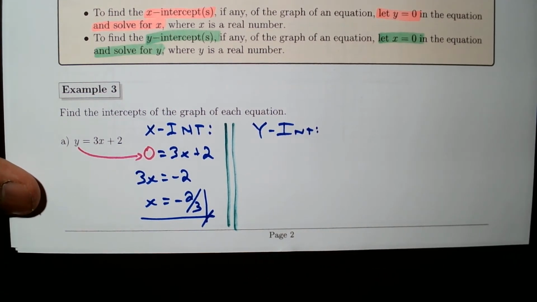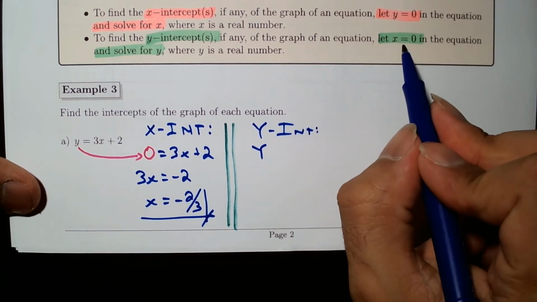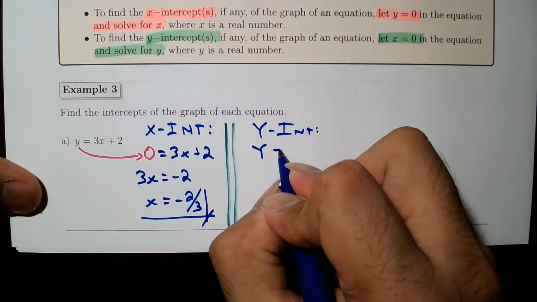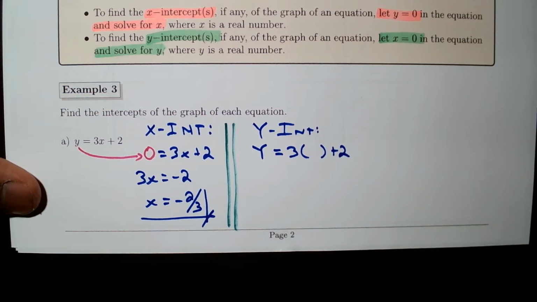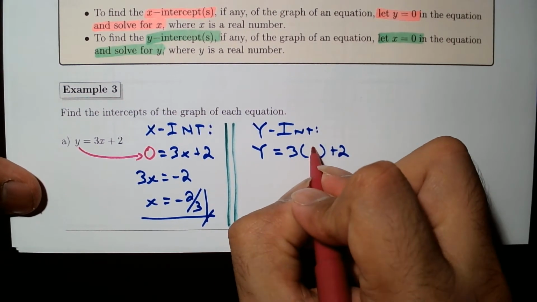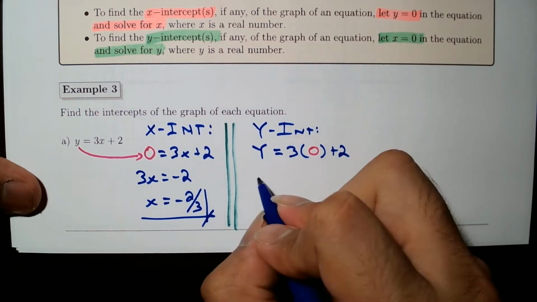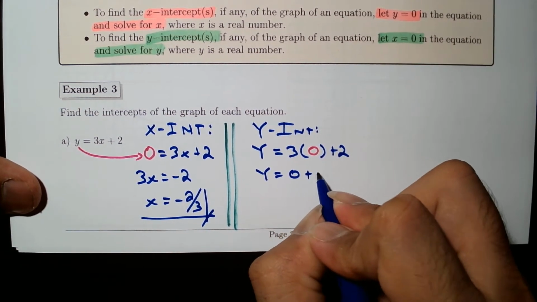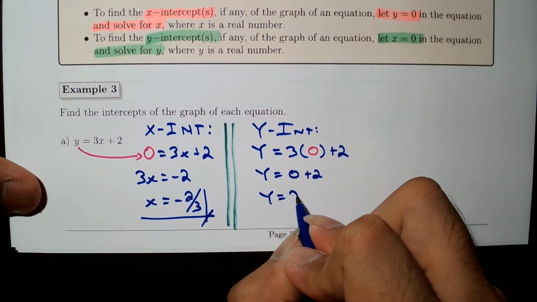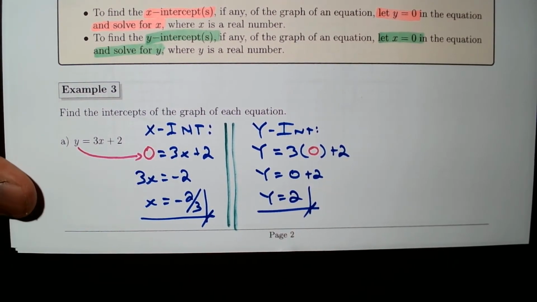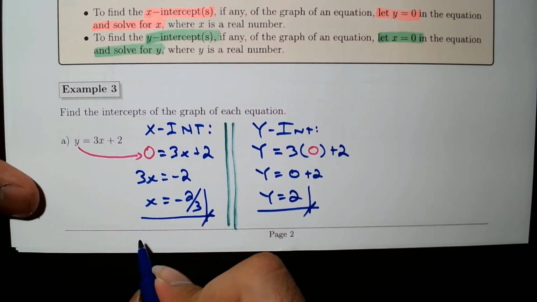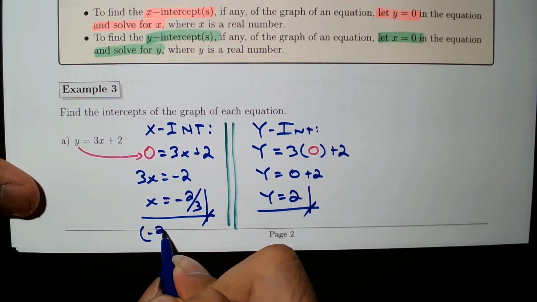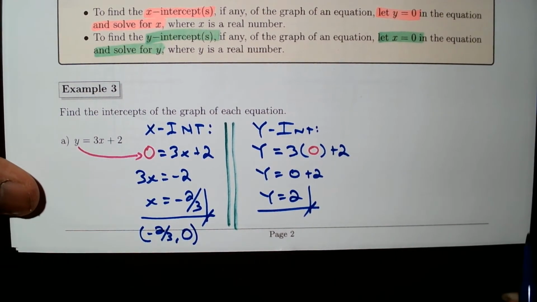So for the y-intercept, in this case we are going to let x equal 0 and solve to get y. So 3 times x, which is 0, that's going to give us 0 plus 2, which equals 2. Okay, so the x-intercept will be the ordered pair negative 2/3, comma 0, and the y-intercept will be the ordered pair